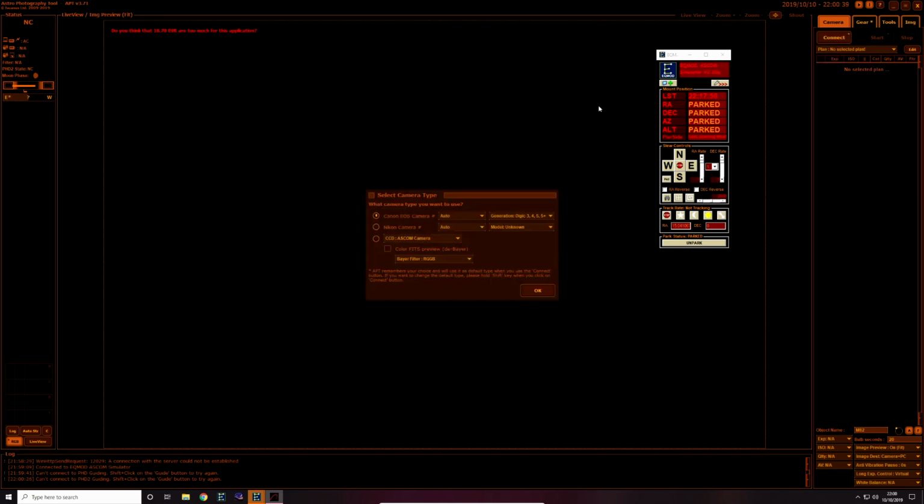We click Connect. We get given an option for a Canon EOS camera, a Nikon camera, or a dedicated CCD. If you are using either of these two, you can select the auto tabs and the generation if required. If you are using a dedicated camera, you can select CCD, ASCOM, or one of the dedicated driver setups. I will be using an ASCOM camera,